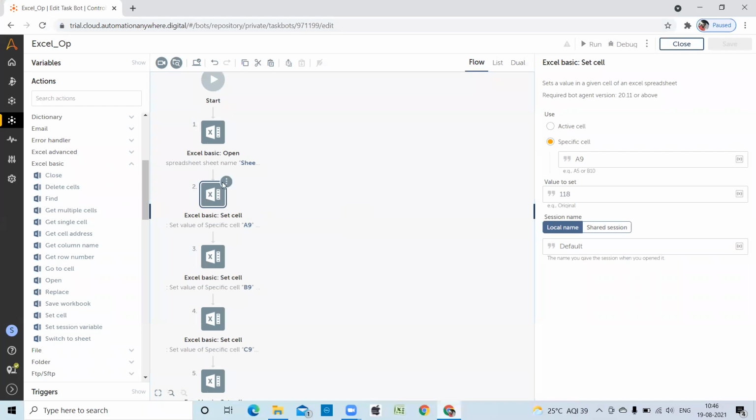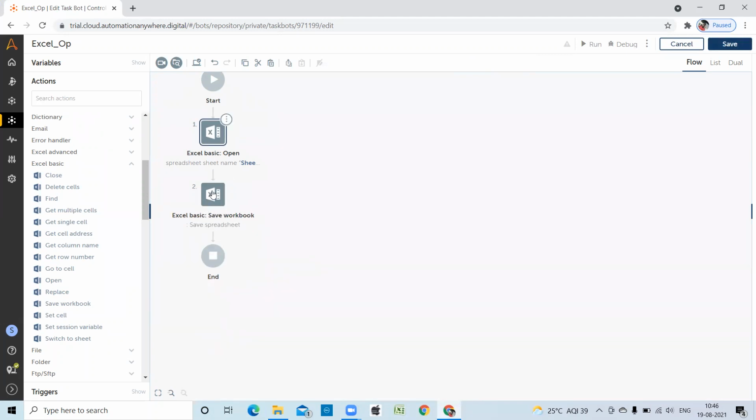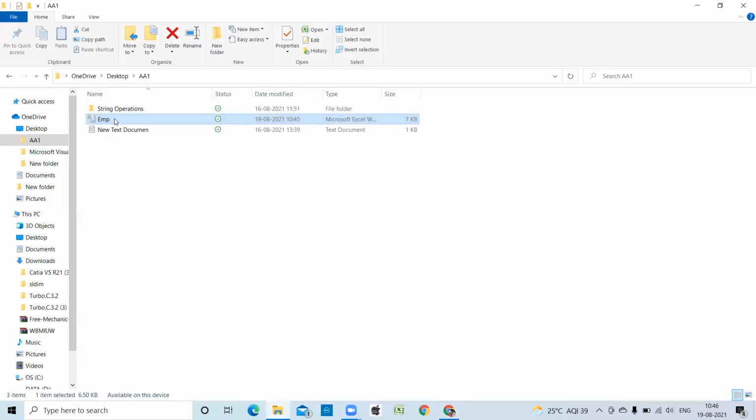Now I'm just deleting the set cell commands, deleting from the same workbook. Now find. Okay, I can use find. I wanted to search one data. Now going to the Excel.